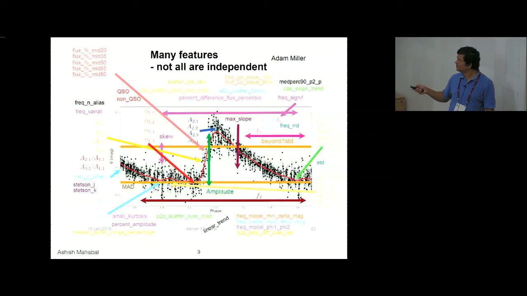So for instance, beyond one standard deviation or maximum slope: you could take every 2 successive points and see what is the slope between them, and ask for any given object what is the maximum slope. There are tens of such things defined, and of course, unless you have that many points, it's not meaningful to have that many dimensions from your data set. The other thing that happens is that if you have a very large number of points and most of them are upper limits, then you won't be able to get to some of those features.